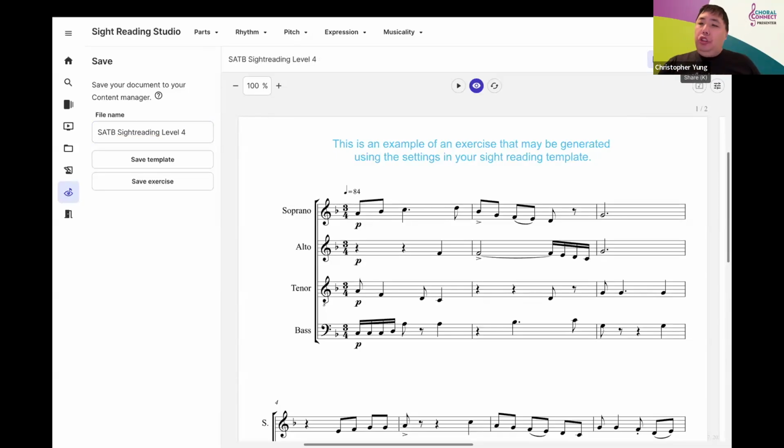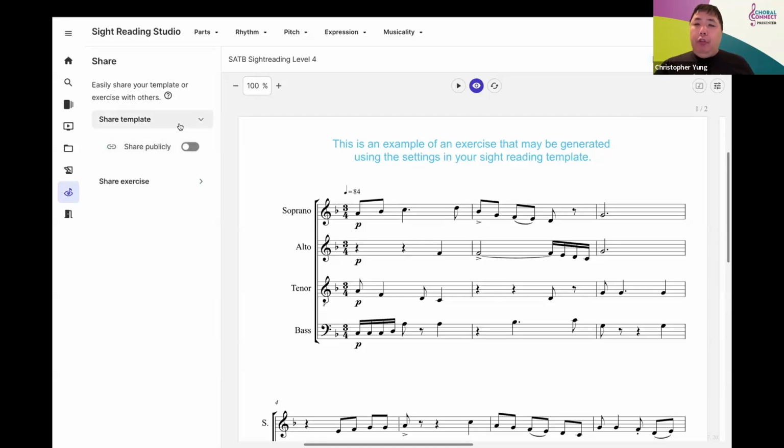So up here, you can also share it as well. You can go ahead and share this either publicly with everyone who is a part of your platform. So if you have either a school platform with multiple choral teachers on it, or you're on a district platform, you could share that template. Same thing with the exercise itself. And so when you open this up,